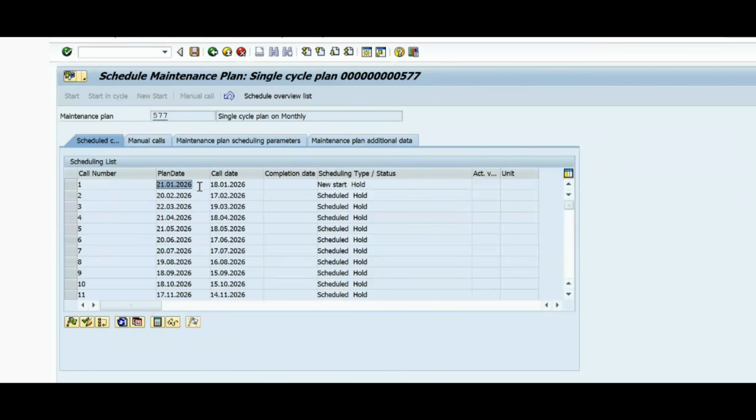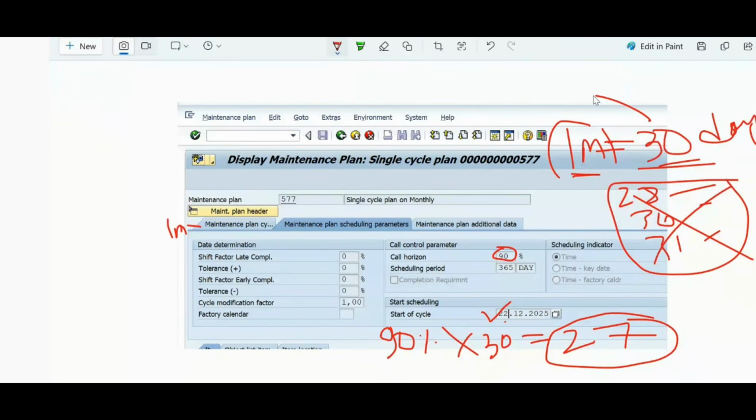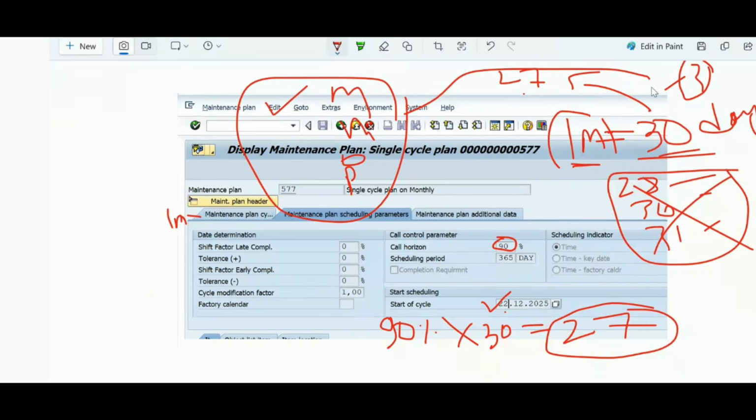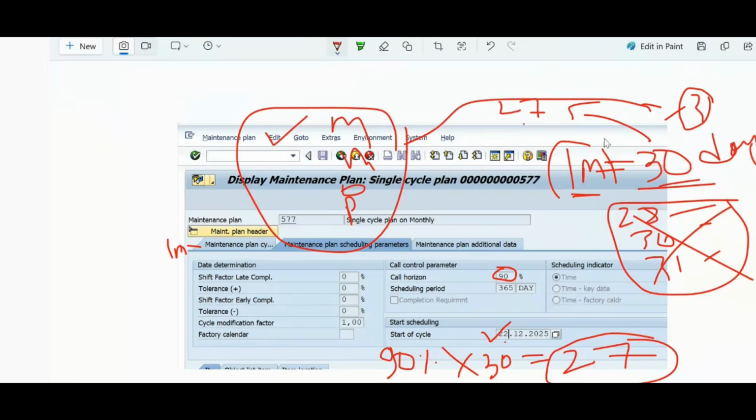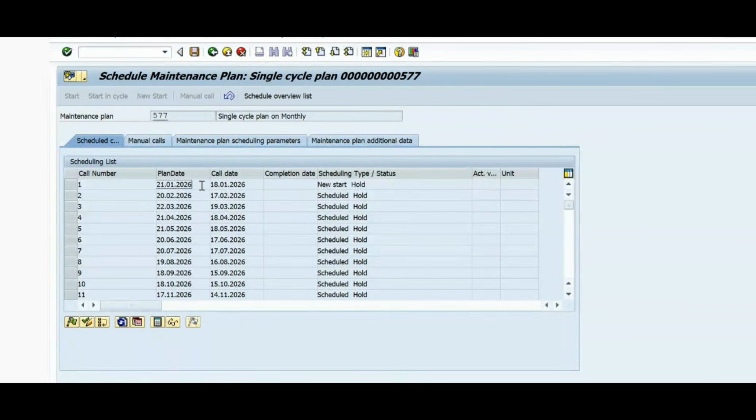21/01 और 18, नहीं नहीं, 3 डेज है ना। देखो, 30 डेज में कॉल डेट कब हो गया, 27 हो गया, तो 27 माइनस 30, 3 डेज गैप है ना। इन 3 डेज में मेंटेनेंस टीम को प्लान करना है ना: मैन पावर प्लान करना है, मटेरियल प्लान करना है, ऑपरेशन प्लान करना है, जगह भी प्लान करना है, परमिट भी प्लान करना है। तो सारे काम ये लोग इन 3 डेज में कवर अप कर लेंगे। कवर अप करने के लिए मिनिमम मेंटेनेंस टीम को 3 डेज गैप देना है।